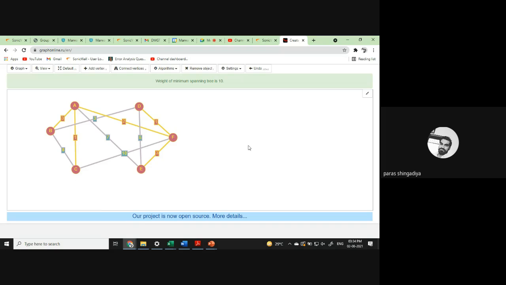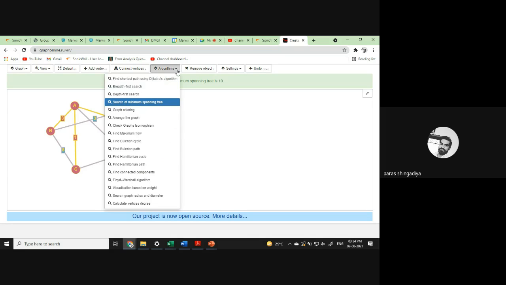And now if you need to find the shortest route, that is not a minimum spanning tree. So the second algorithm is known as Dijkstra's algorithm. By using that you can find the shortest route. Here the weight is mentioned between the two vertices, meaning the distances between two places are mentioned in this graph.